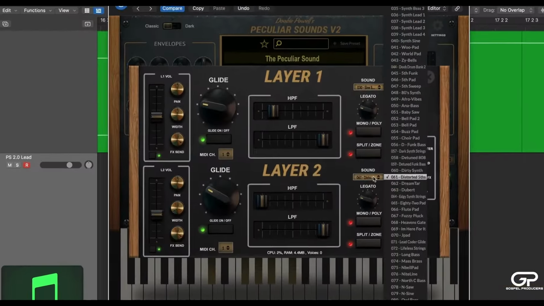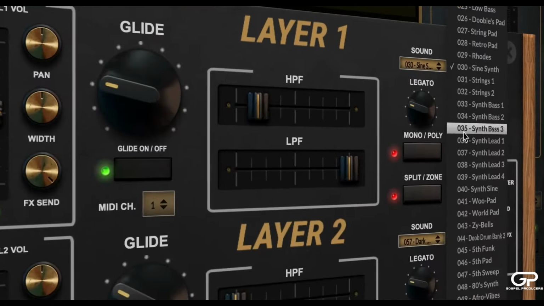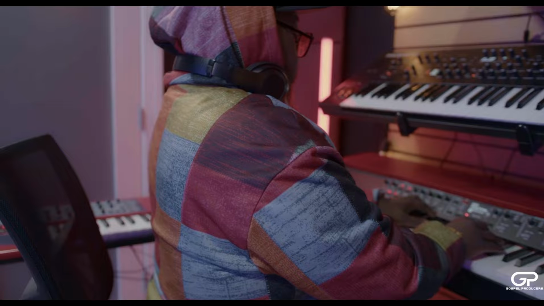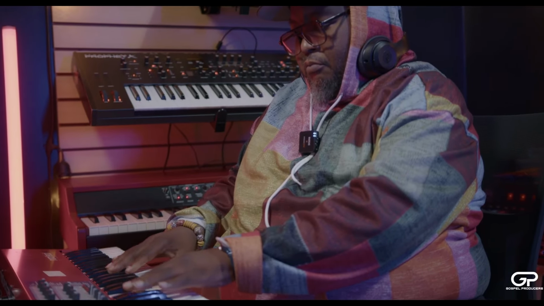Let's talk about layering. We worked hard on this feature and we thought deeply about its functionality. And it has now become the core where all the action is in V2. You can layer up to 2 sounds to create complex, rich textures. And we brought in Doobie to sample and create hundreds of new patches for V2 that we know you're gonna be blown away by. Whether you're looking to blend subtle nuances or create entirely new sounds, the layering capabilities inside of V2 will transform